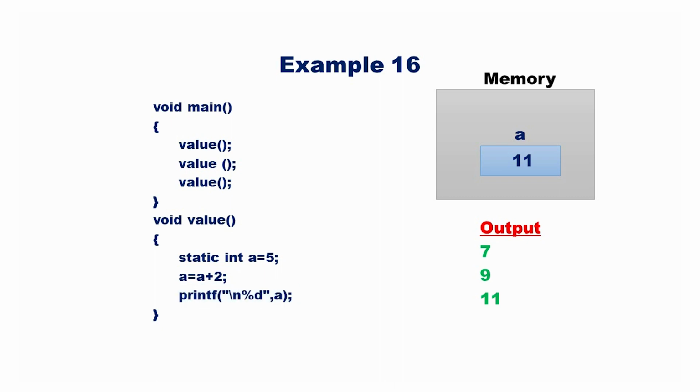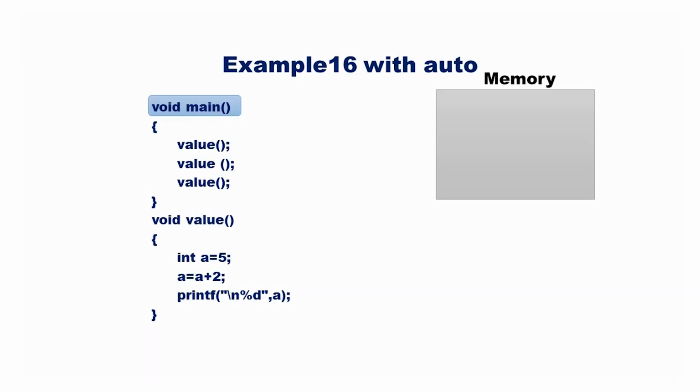The static variable is not destroyed on exit from the function. Instead, its value is preserved and becomes available again when the function is called. It is initialized only once, no matter how many times the function in which it resides is called. The same program with automatic variable will give the output 777 because each time when the control leaves the function, the variable is destroyed and is again created and initialized on the next function call.